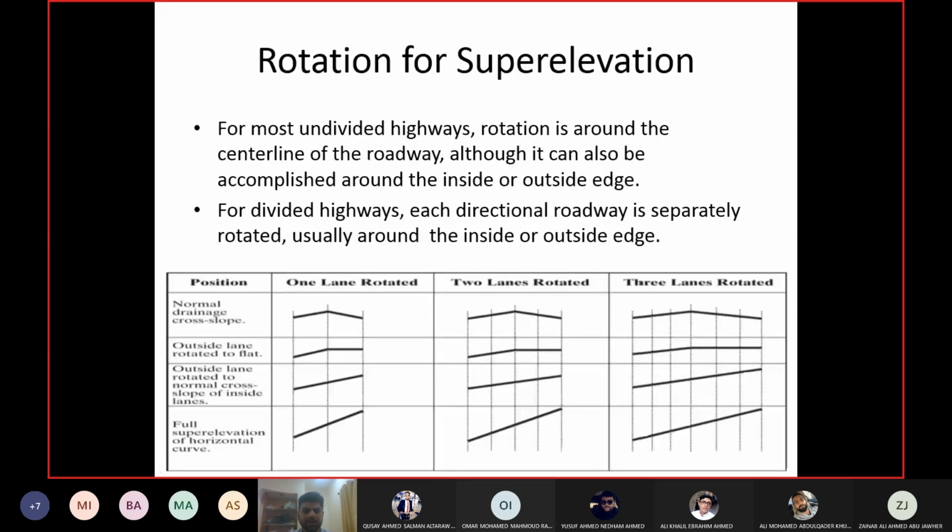So if I come back to the figure here, LR is this one and LT is this one, so LR comes after LT. First you go to flat and then you go from flat to full super elevation. But in terms of calculation, you need to calculate LR first, and then you go for the calculation of LT, because LR is required in the calculation of LT. So in the field, first you have LT, then you have LR, but in terms of calculation, first calculate LR, then LT.